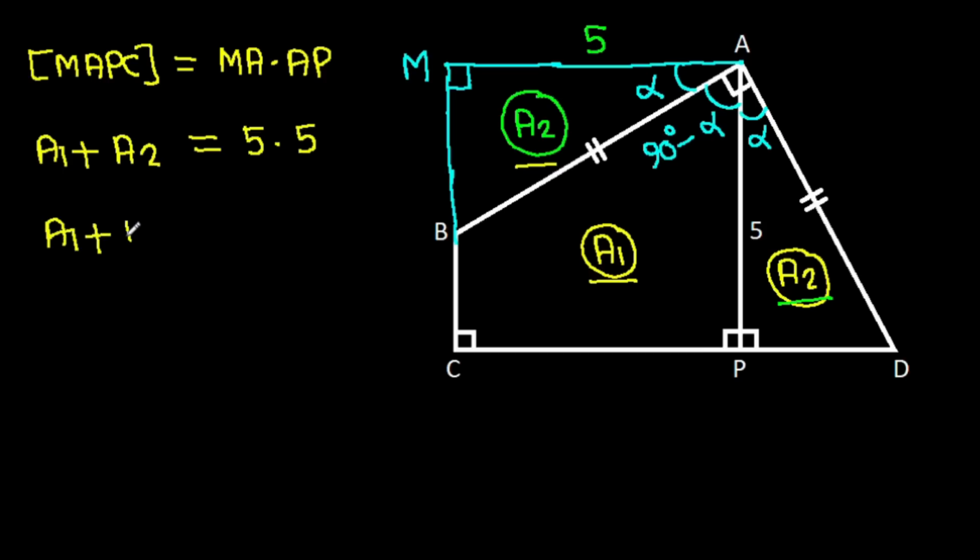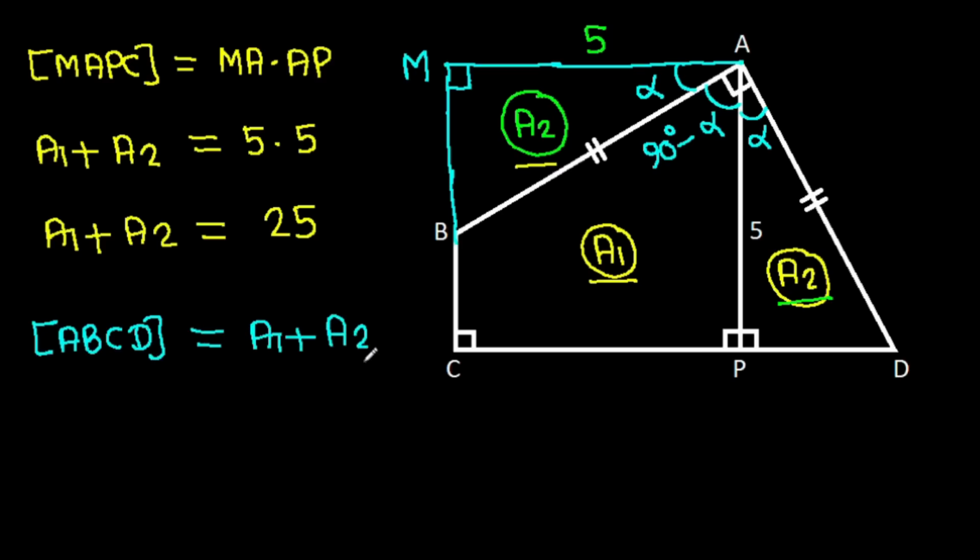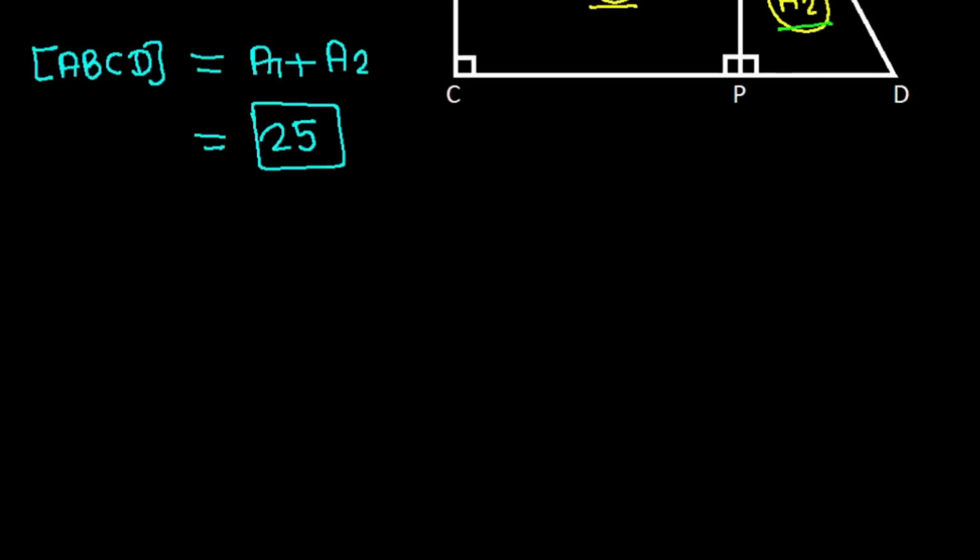So A1 plus A2, it is 25, and area of ABCD, it is A1 plus A2, and A1 plus A2 is 25,